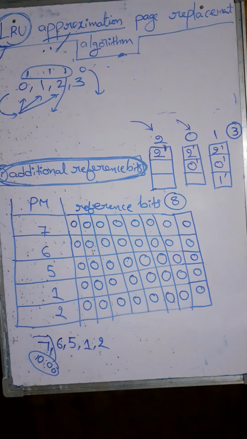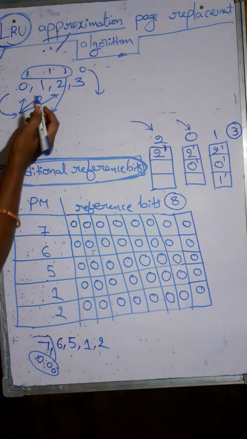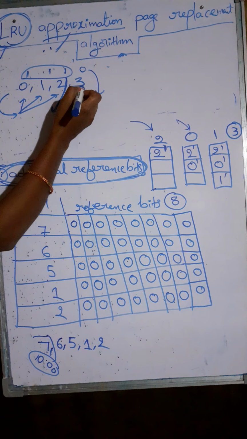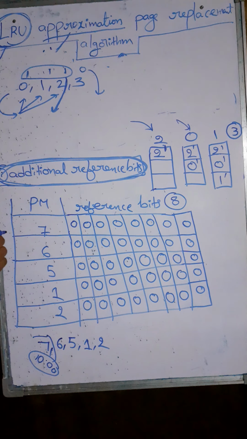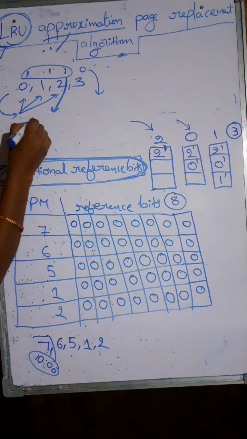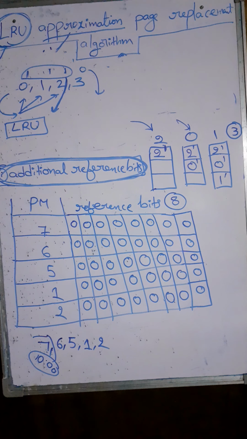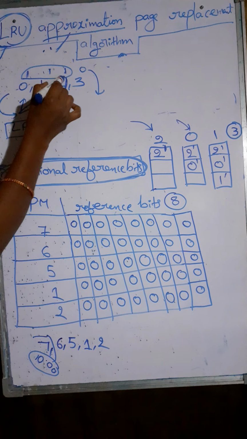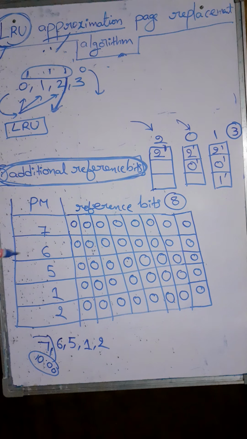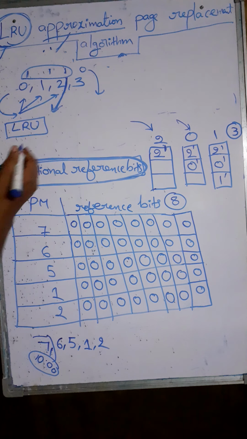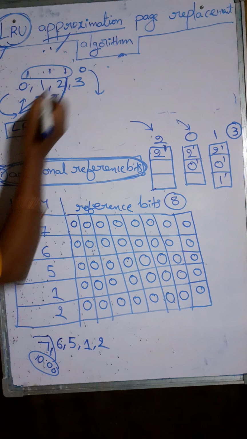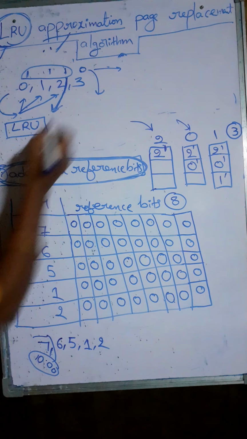By observing the reference bits, we can say which page is used and which page has not been used. But in order to implement LRU, we should maintain some time information. If you observe these 3 reference bits, you can say that these 3 pages are used, but you cannot say which page has come first and which page has come next. We cannot say that information. So in order to maintain the time information here, along with these reference bits, we should add some more reference bits.